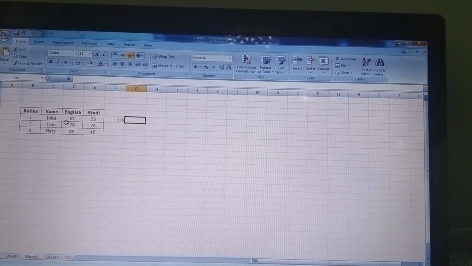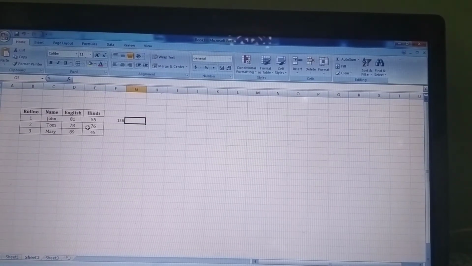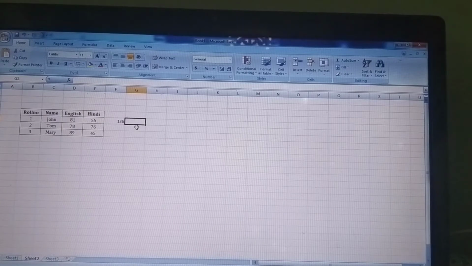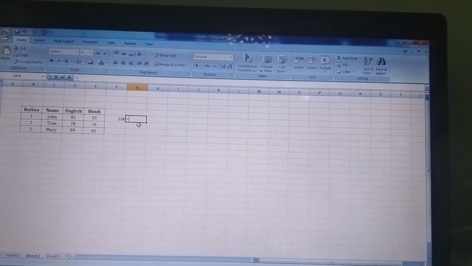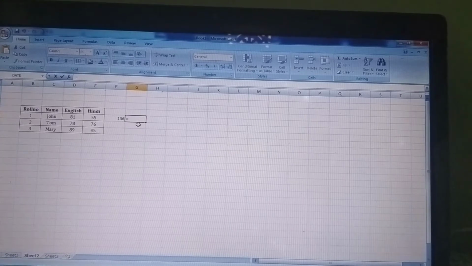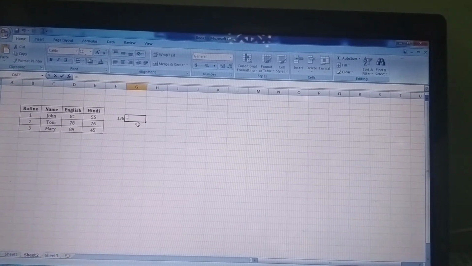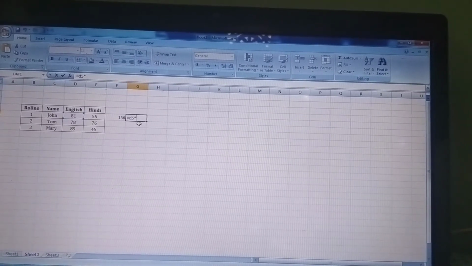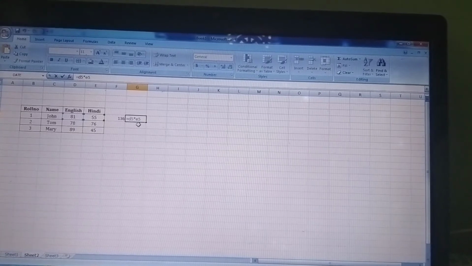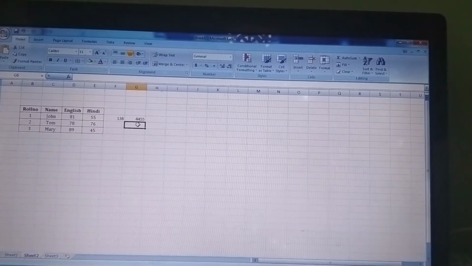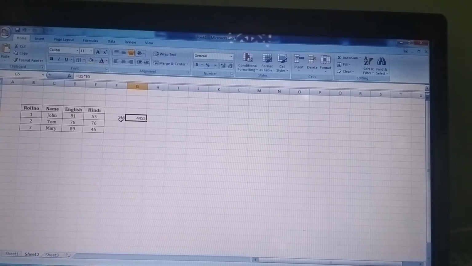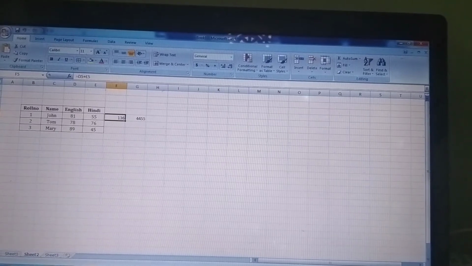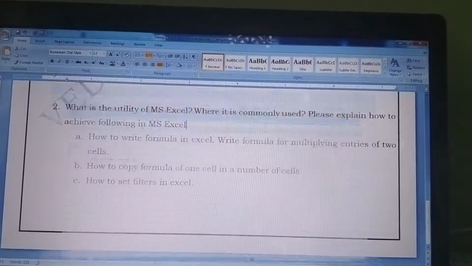Suppose that I want to multiply these values in the next cell, that is in the G cell. Again I will write a formula. I'll write equals to, and again D5. For multiplication we use the star sign and then E5. Then press enter. Now see, the multiplication also has been done. So this is the way we do multiplication or addition, or any other equations can be done like this.